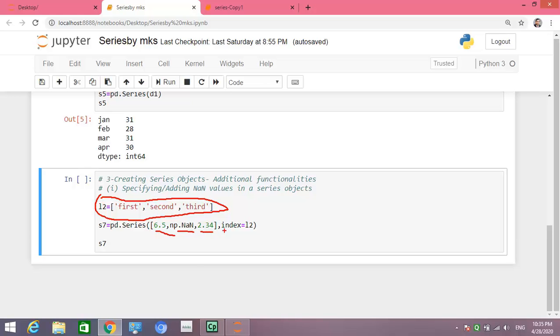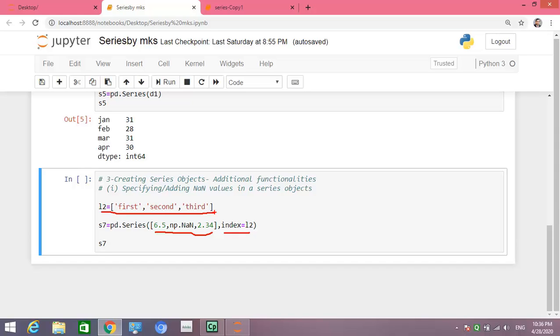Next, a series has 2 parts. First part is the data part and second part is the index part. So the index we are taking here from this list.